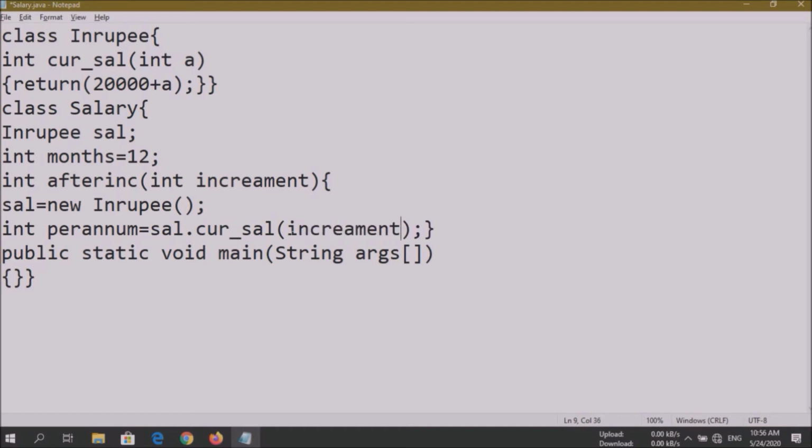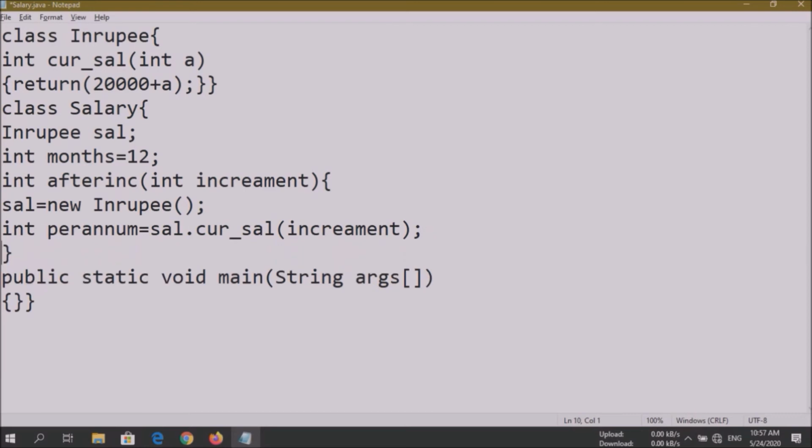Now to return the overall calculated value, we have to write months multiplied by per annum.